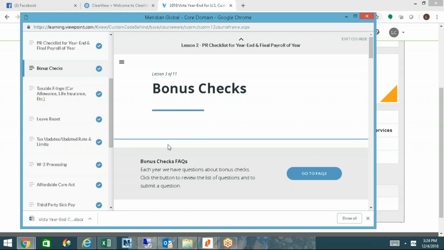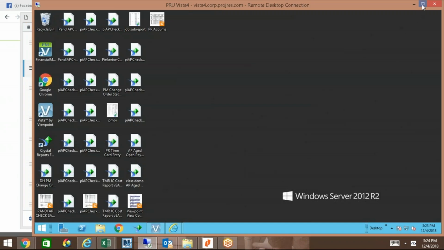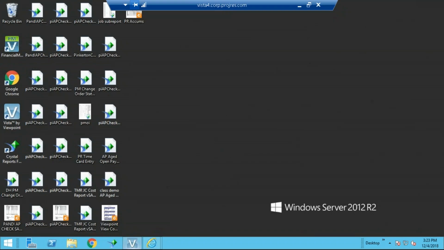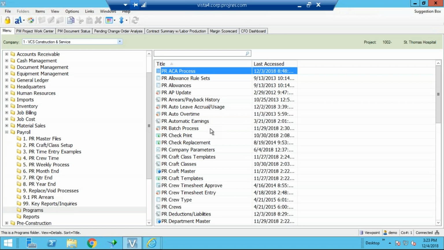But just because it's loaded on the back end, the new rates will not work on the front end when you process that first payroll until you update your routine master. So for those of you who have never had to do this before, if you're not familiar with it, in payroll,